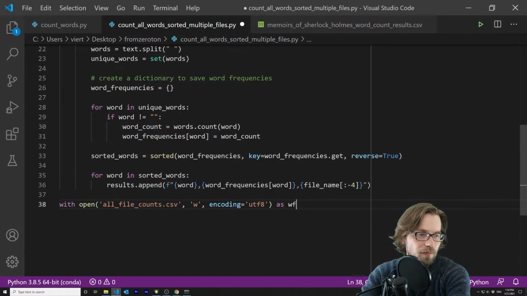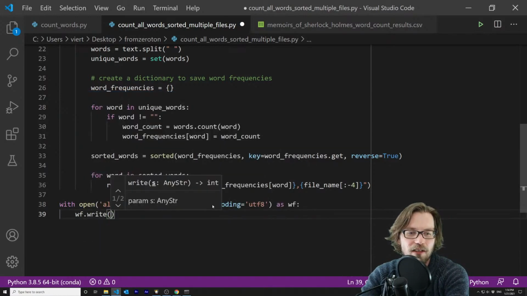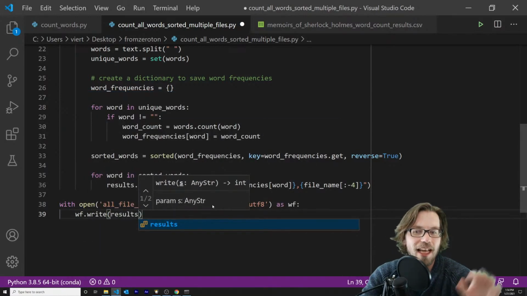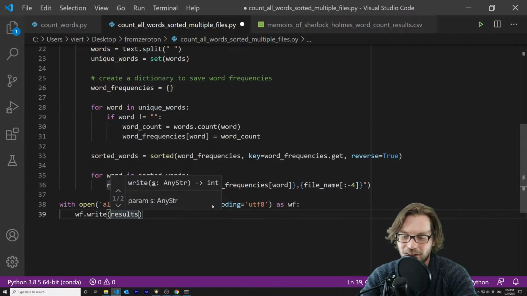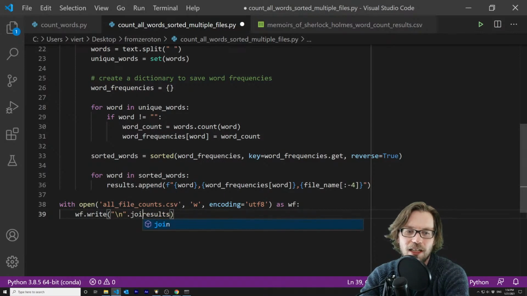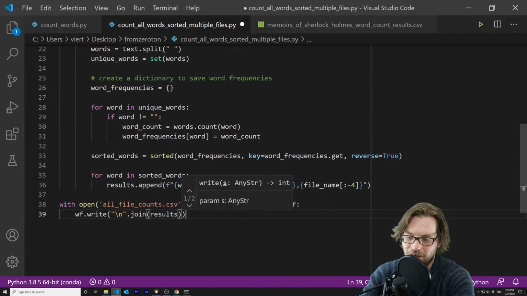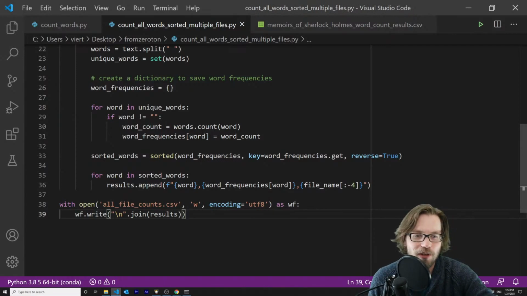as write file. And now I want to write this results list, but I can't directly write a list. I want to actually turn this list into a string, and I'm going to do that by joining it together with new lines. Okay? And so essentially, it's going to take a list of items that look like this: word, word frequency, file name, separated by commas. It's going to join them by new lines, and it's going to write to this new file called all file counts. If I save this and I run it,